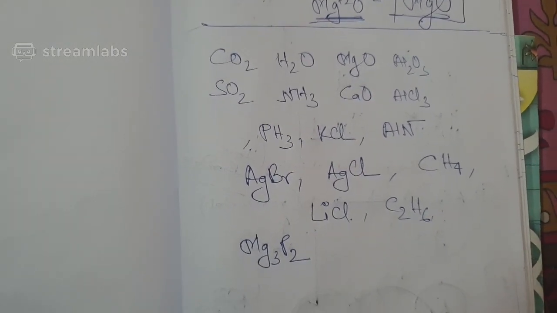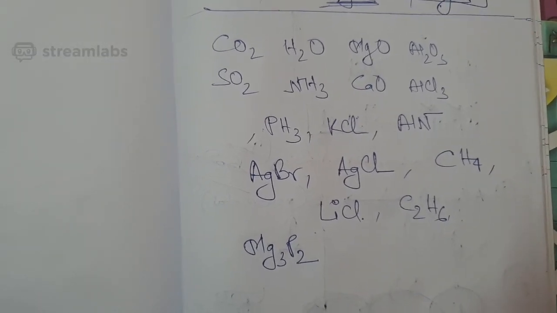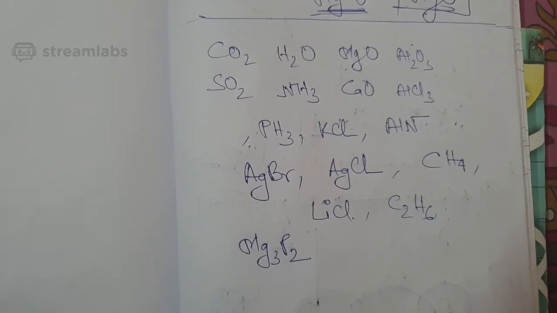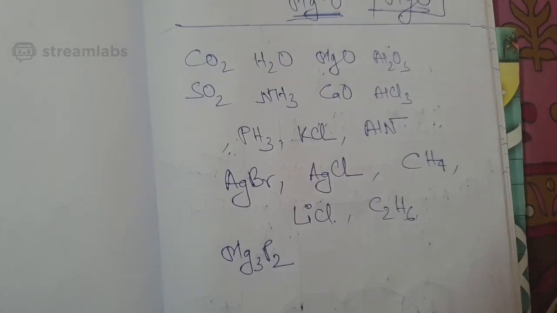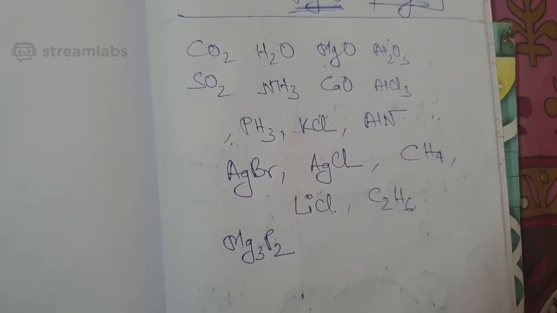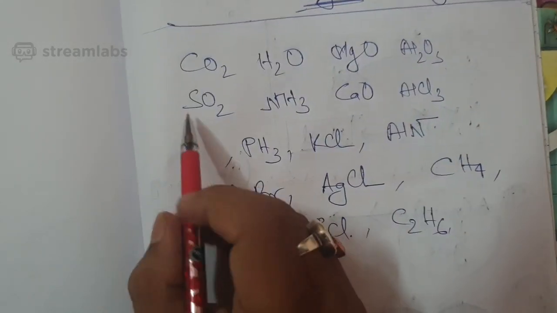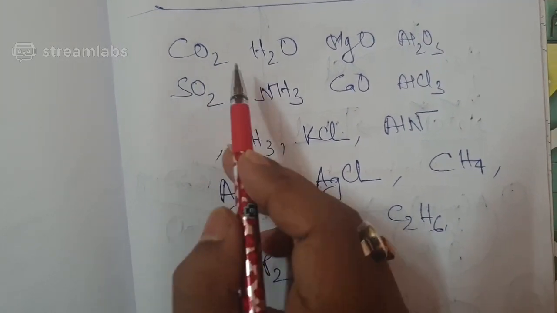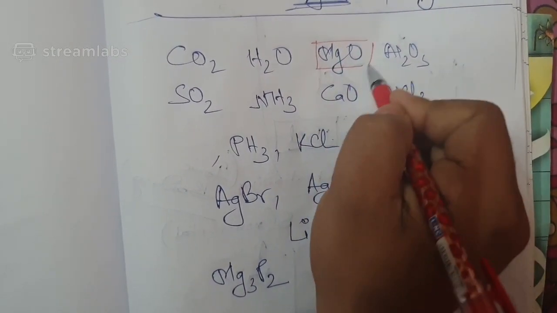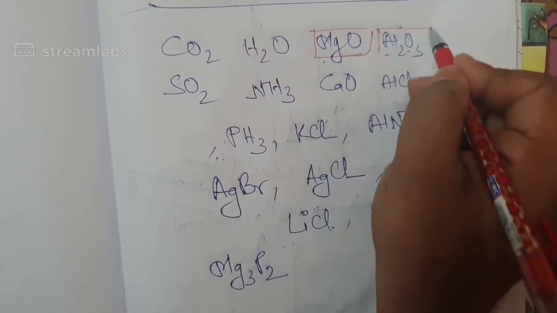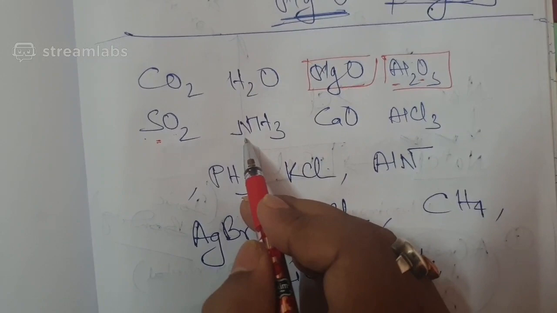If you have good knowledge of who are metals and who are non-metals, if you are already accustomed with the previous videos, then you can easily pick out that in an electrovalent compound there will always be one metal and one non-metal. Definitely in carbon dioxide, carbon and oxygen both are non-metals; hydrogen and oxygen both are non-metals; magnesium and oxygen, one is metal, one is non-metal; aluminium is metal, oxygen is non-metal; SO2, non-metal;